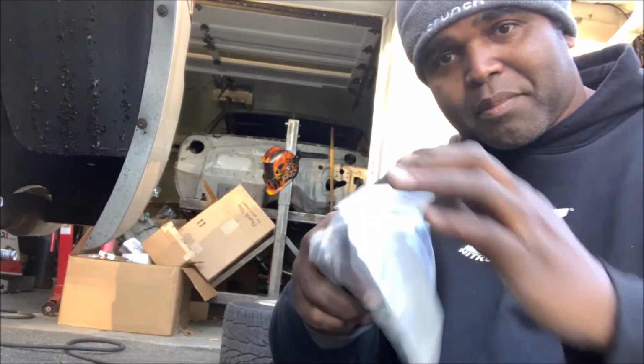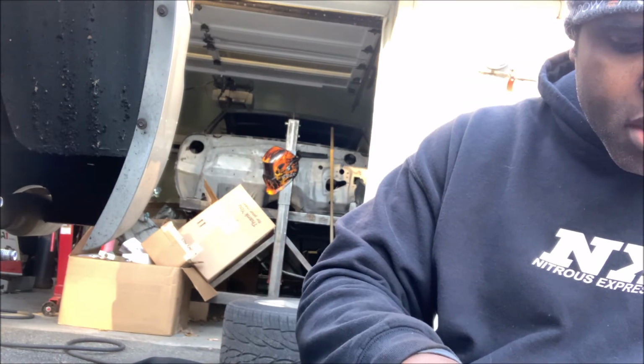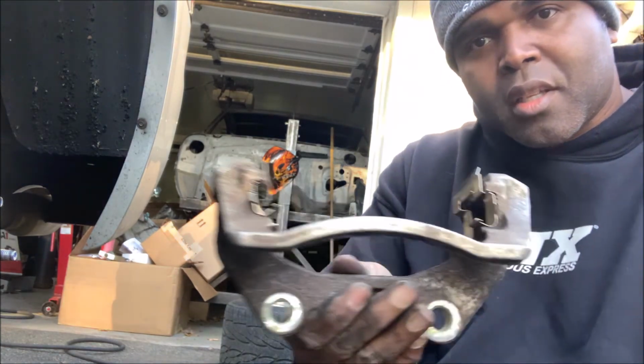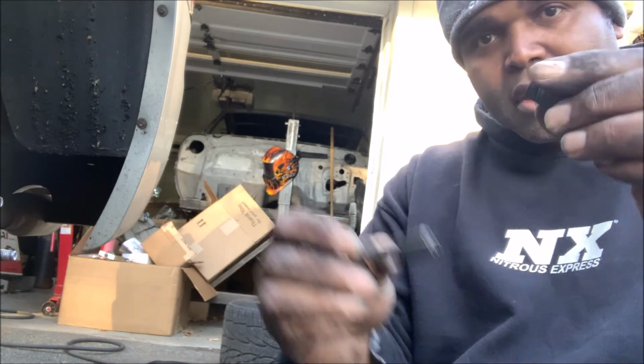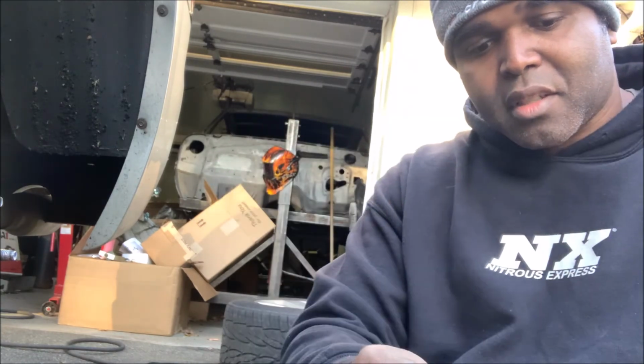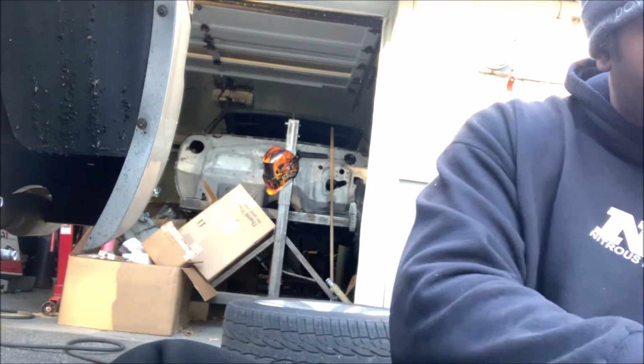Let's get those clamps. And they just snap right in place. See? All right, this rubber piece. You see that? That rubber piece went in there to keep dirt out and everything. We want to get new rubber pieces, which happen to come